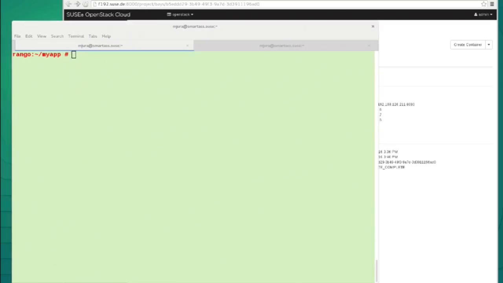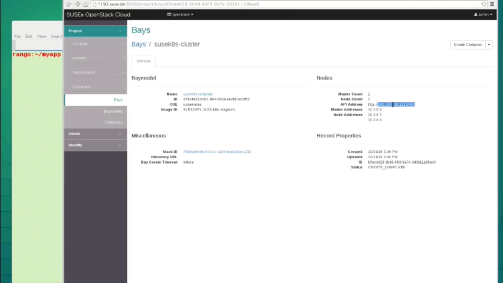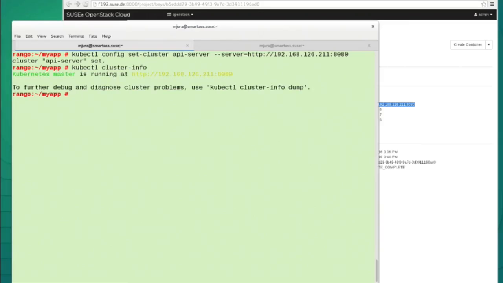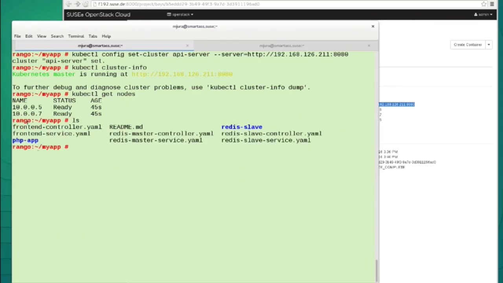So when we have deployed the Kubernetes cluster, we only need to take its API address, and we can start to work on it. From this point on, it's plain Kubernetes. It's vanilla Kubernetes. You can use your usual tools. If you want to know more about these tools, there's a workshop about that. You can see the cluster is made of 2 nodes, and now we are going to do a deployment.